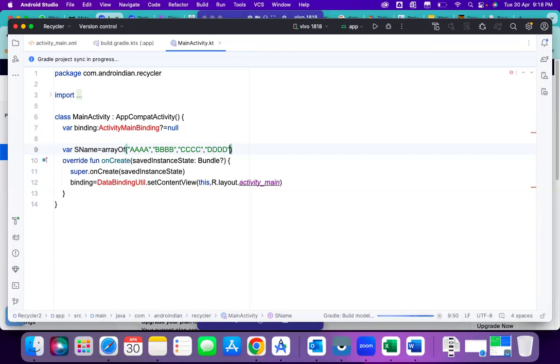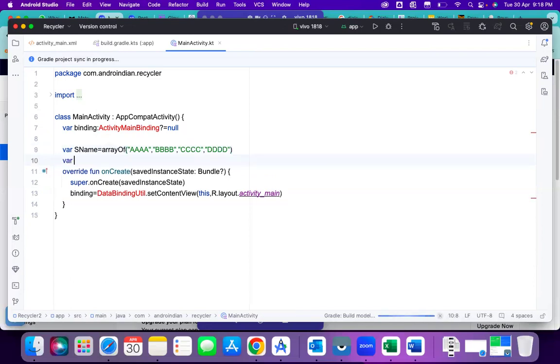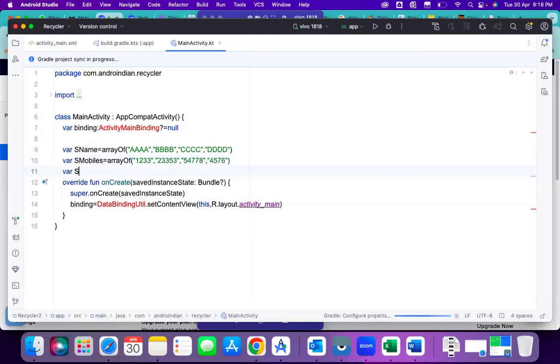Also I want to capture the student mobile number. So S mobiles, that is also equal to array of. Within this I'll write some random numbers. Right. Then I want to capture the student's email ID. So that is S emails, equal to